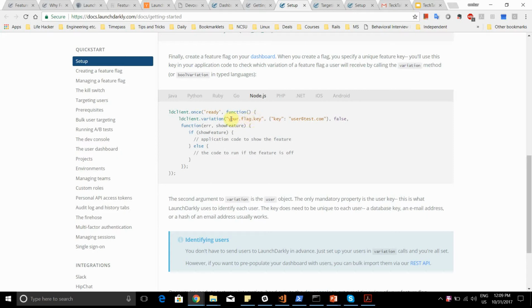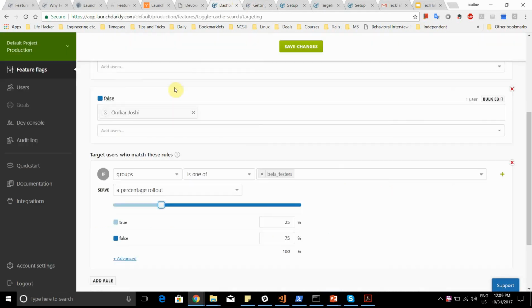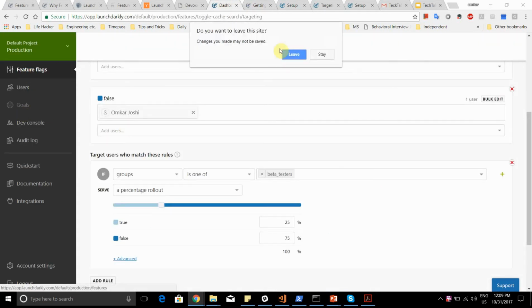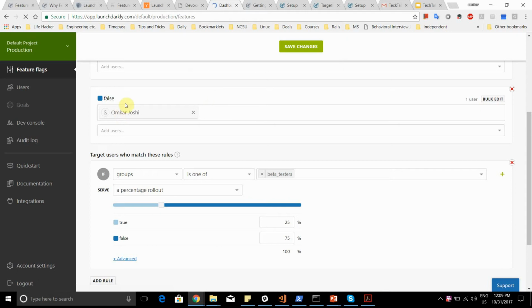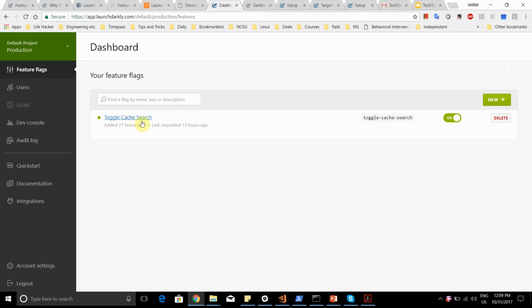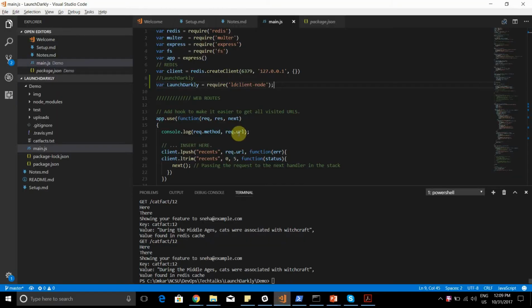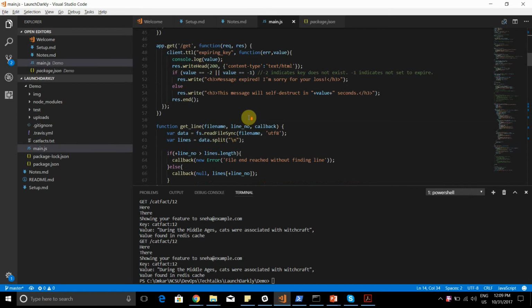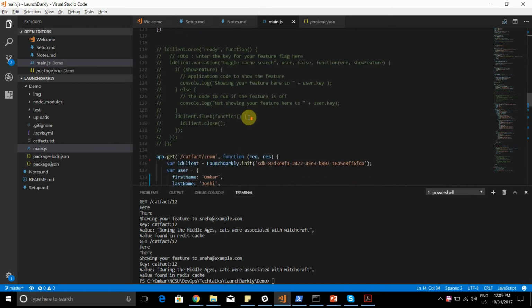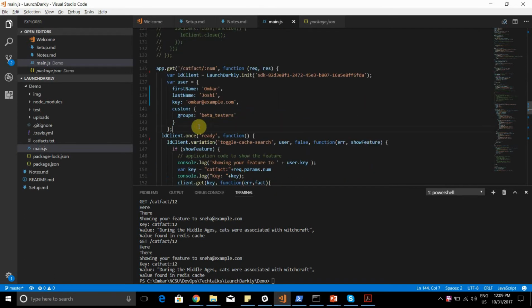You'll first create a flag on LaunchDarkly's website. Here you can see I have created a flag for the toggle cache search. I'm going to use this key here in my JS file. I'll just show you how my JS file looks. I'll go to the catfact route where we want to check this feature, and I have entered the key of the flag,